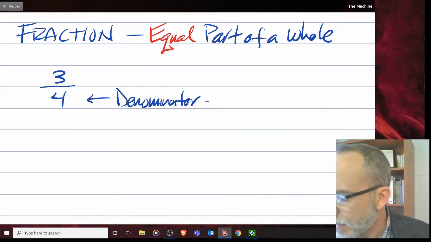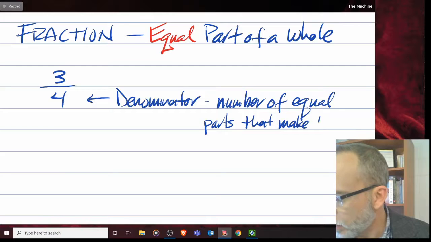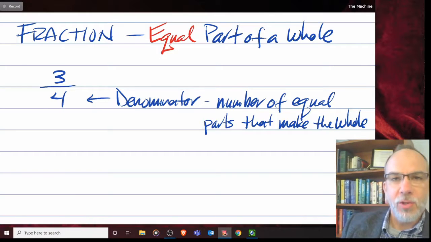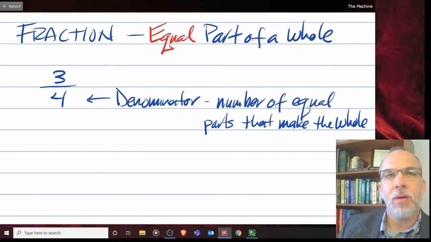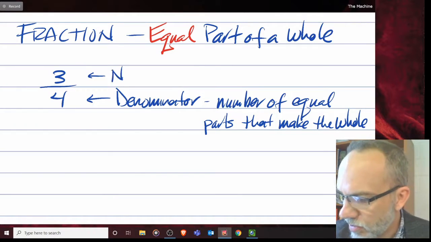That would be the number of equal parts that make the whole. Okay, so the denominator tells you how many equal parts then make up a whole value or one thing. Okay, the numerator then tells you, which is the top part,